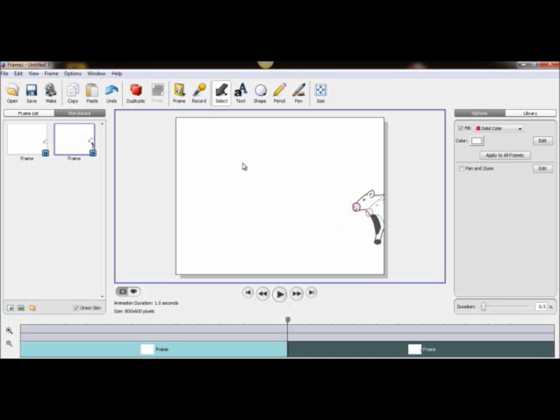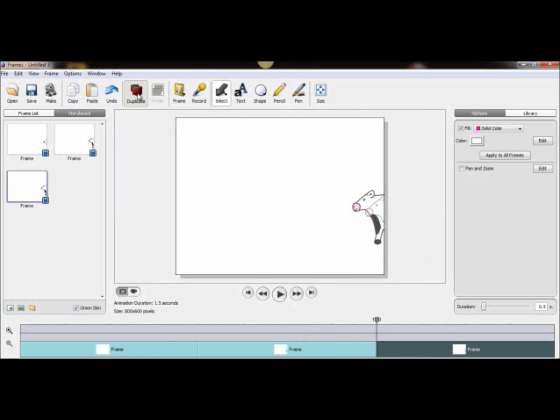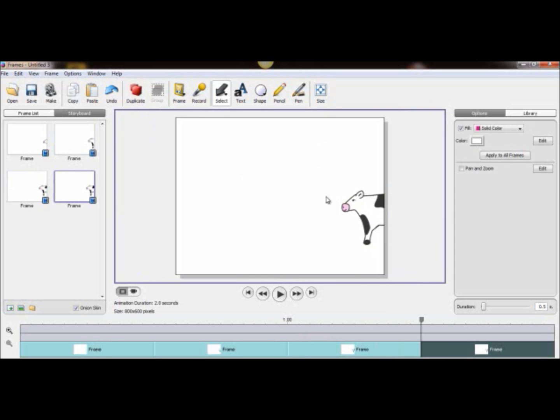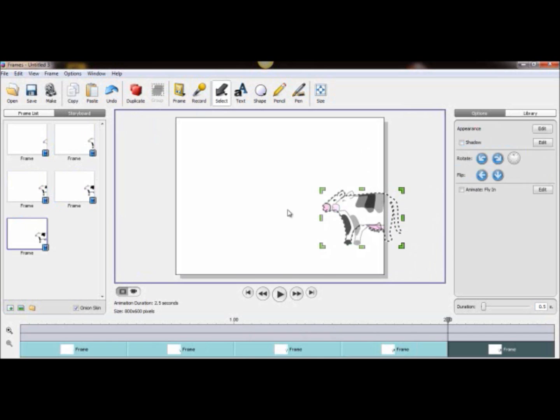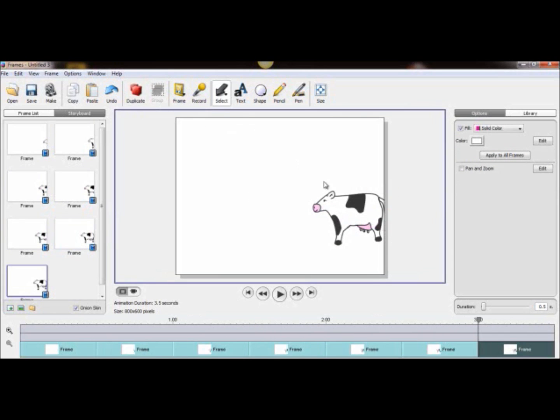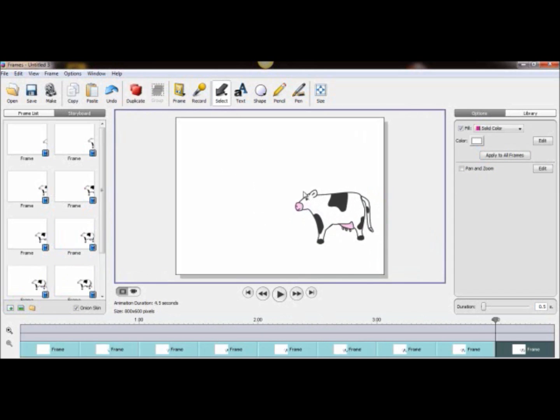Then I'm going to click so nothing else is selected, and hit duplicate again. Then I'm going to grab that cow and move him over a little bit, and you can see that onion skin layer again. The students pick this up really quick, and you'll find they suddenly just zoom across the screen, making cows super fast. So you can see I'm already up to 6 frames. I'm only going to do about 10 just to show you. But every time I just move that cow a little bit. Duplicate, duplicate,